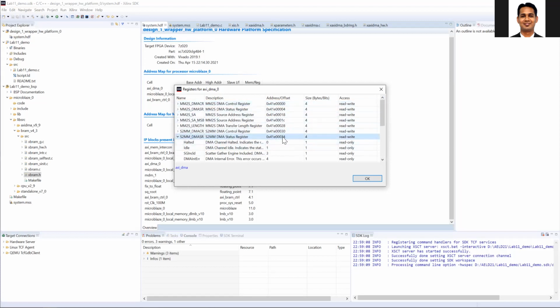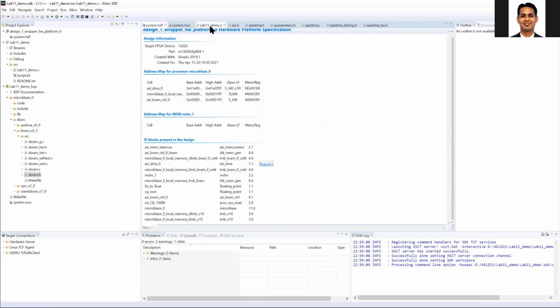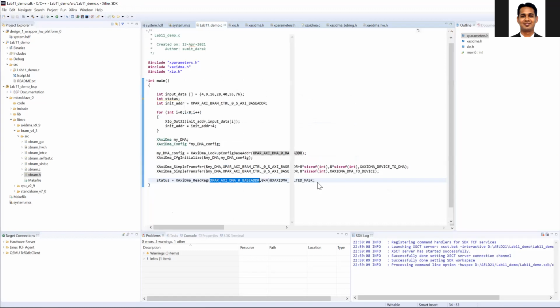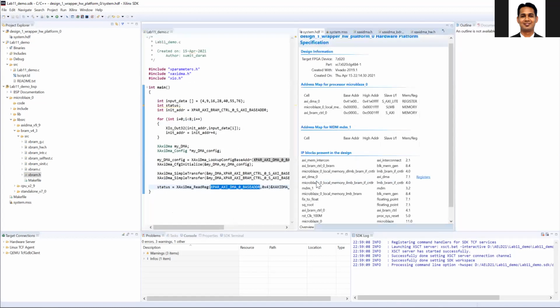The offset is 34 from 0. So this offset is 4 and this offset is 34. We need to read this one for one direction, S2MM, and this one for the MM2S. So basically we'll just write a while loop to make sure that both the transfers are completed.